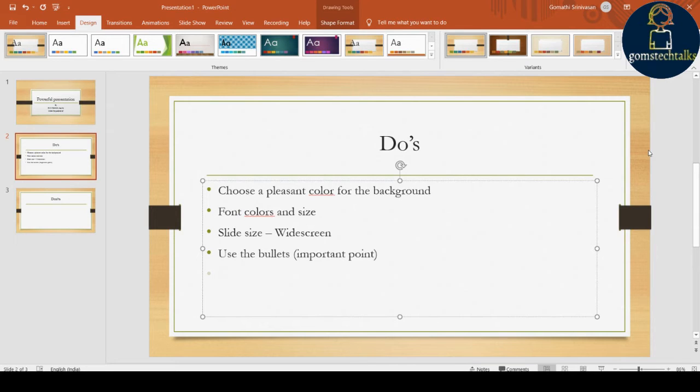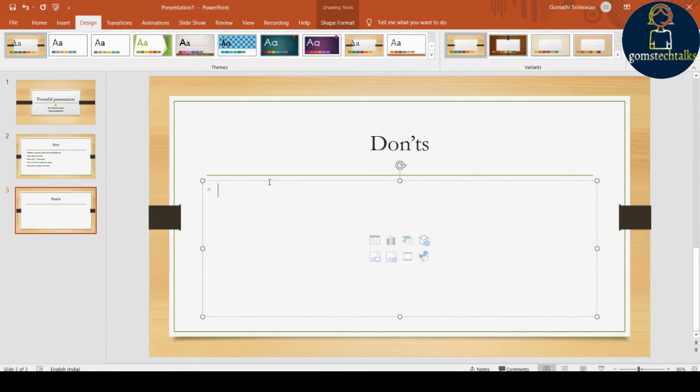Try to keep more images, but it should not be full of images. Images and tables, like any other evidence, if you want to show, you can keep some images. So these are all the important do's you have to follow. And don'ts: fluorescent backgrounds, very bright and very sensitive